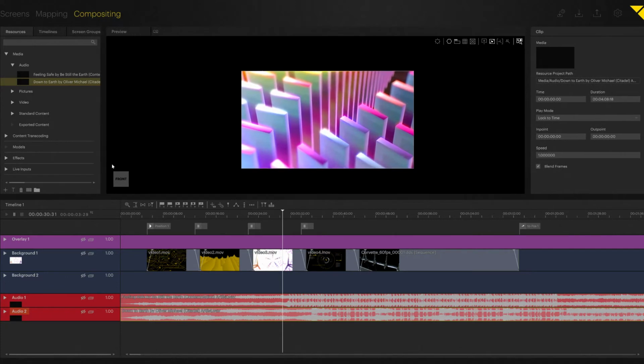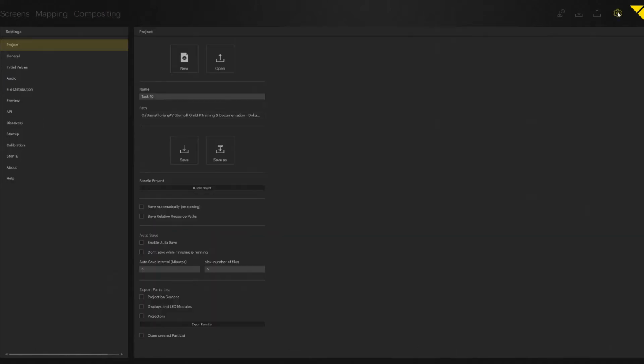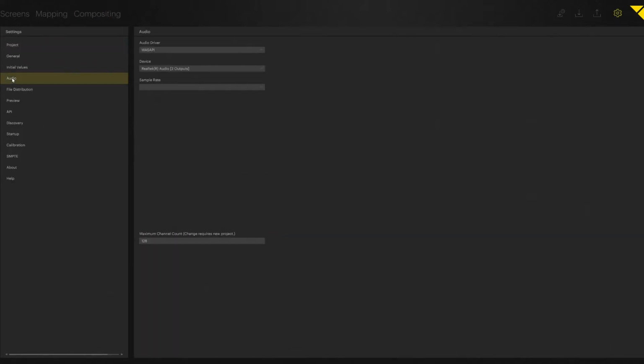And if you now want to assign the audio to a specific sound card, you have to do this in the settings of Pixera. So therefore, we go up here to the gear wheel, we click on it, and in the tabs on the left side, we find audio. So inside here, you can change your audio settings. So for example, if you want to play out via VDM or Wasapi, you just select it, and then you select your